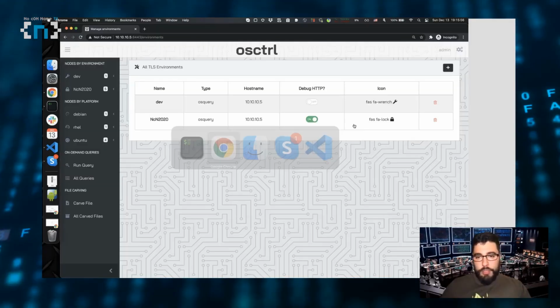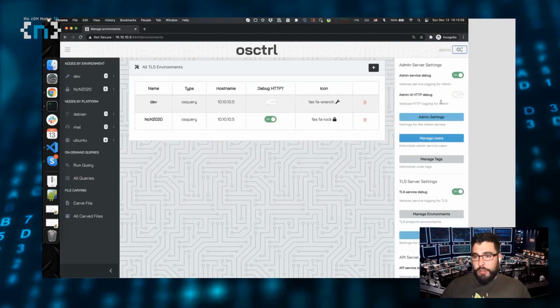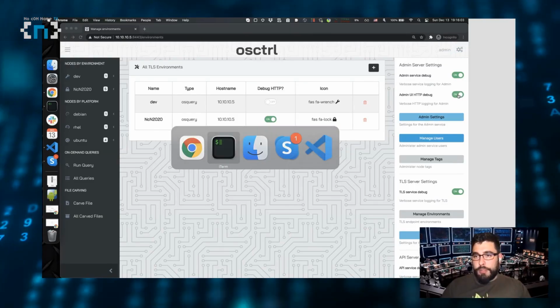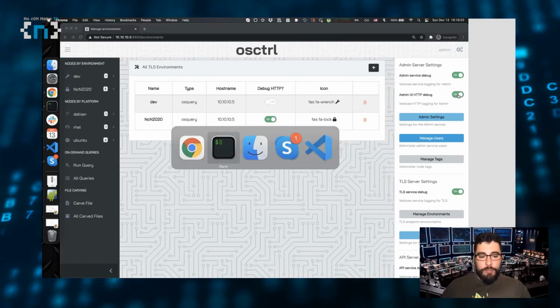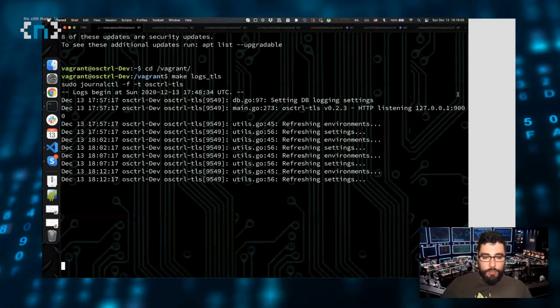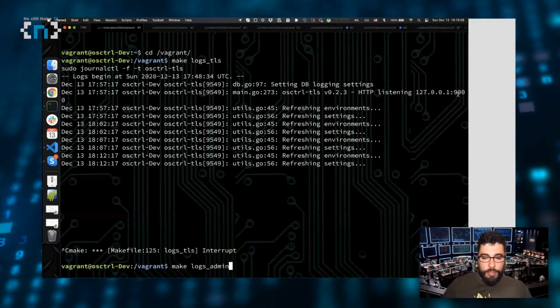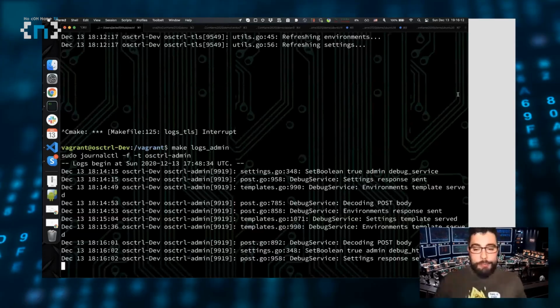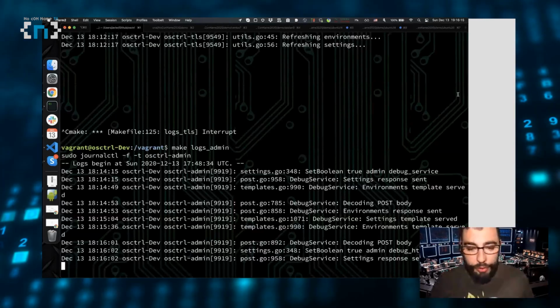12:15. Okay, let's see. HTTP debug. Okay. Let me see this. I'm gonna do admin because we probably saw. Yeah, there you go. Here we saw that we flipped the switch for the settings, and then we see that